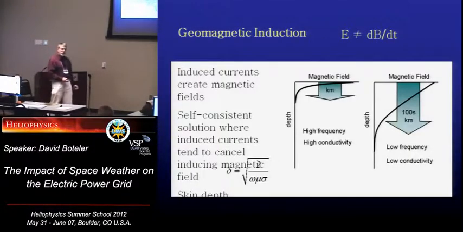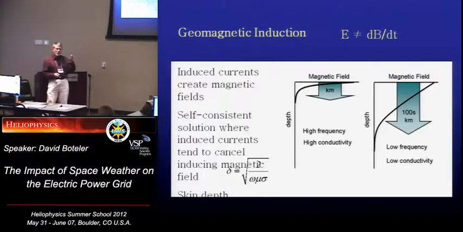It was very interesting, some of the discussions earlier, and the way some of the things were described, I thought, well, that applies to this situation as well. And one of the plasma physics descriptions was about, well, you can't just say, well, this causes this, because you've got almost a feedback effect. You get a self-consistent solution. Well, it's very much the same with this. There's, again, a lot of confusion. A lot of people say, well, E is proportional to the rate of change of the magnetic field. And that, in fact, is not the case.